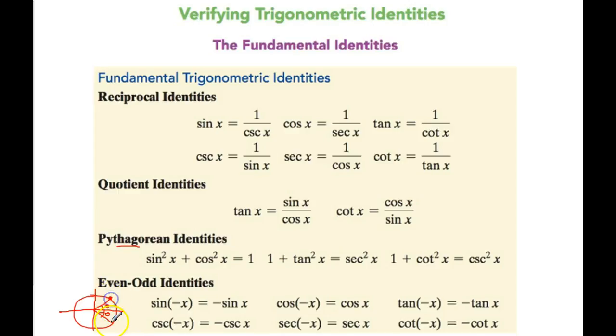The x-coordinates would be identical. The x-coordinate that we go up or down from would be the same if we rotate it up or down. And remember, the x-coordinate is given by the cosine. So the cosine of the negative angle is the same thing as the cosine of the positive angle because we have the same x-coordinate. But the sine of the negative angle, since we're going down rather than up, we end